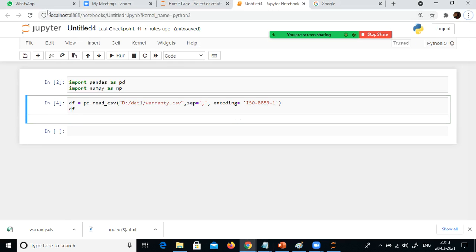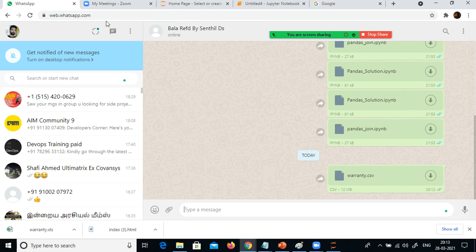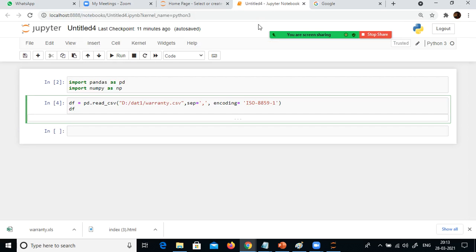You can go to web.whatsapp.com in your browser and access your WhatsApp from there, but you need to scan the QR code. Yeah, that I know, but whom do I have to share this with? Share it to Satish and Sarnath.